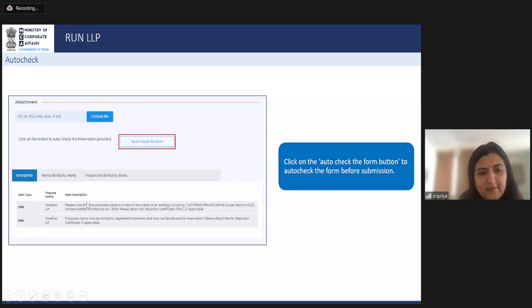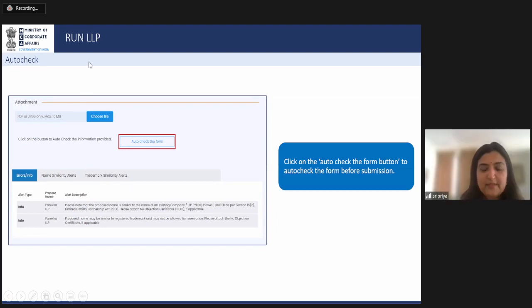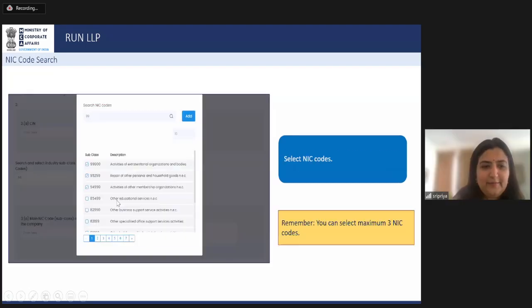And what's very nice is if you're facing a rejection, it also tells you why you're facing a rejection. Right. So that's your name similarity or a trademark similarity, which gives it to you. So you don't really have rework at all. Right. In trademark similarity alerts, the user need not go to the trademark authority's website and check the similarity, or go to different classes and check if the name is already registered or not. In this trademark similarity alert only, the user will be able to see what all trademarks are registered and in which classes they are registered in various categories. Sure.